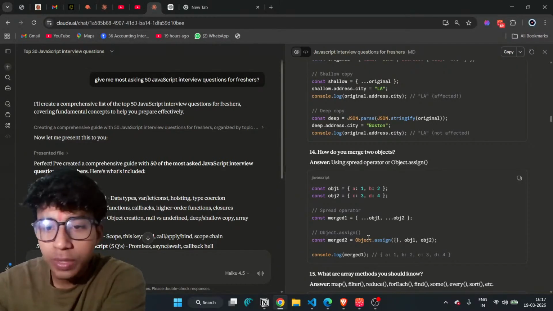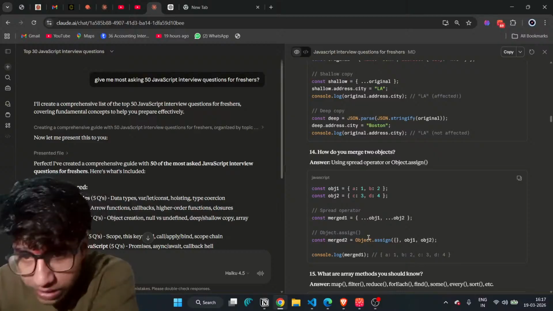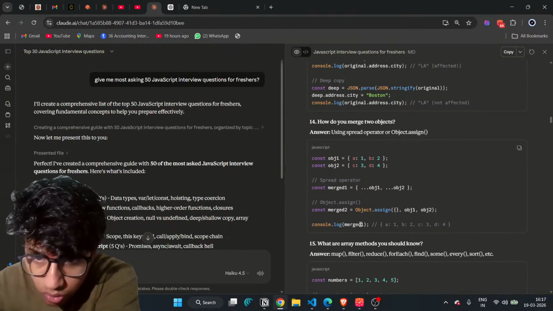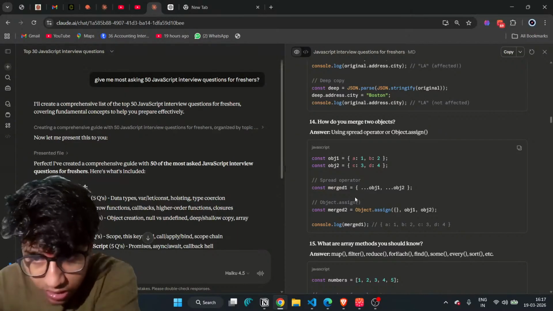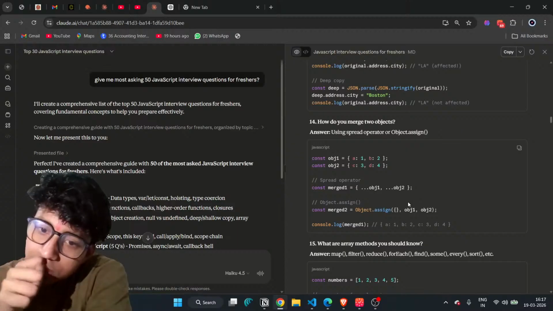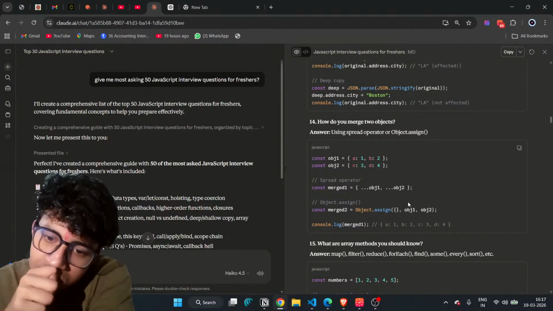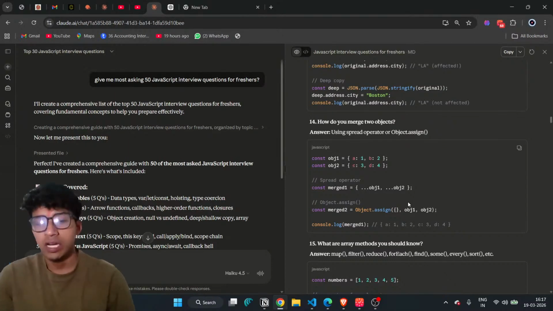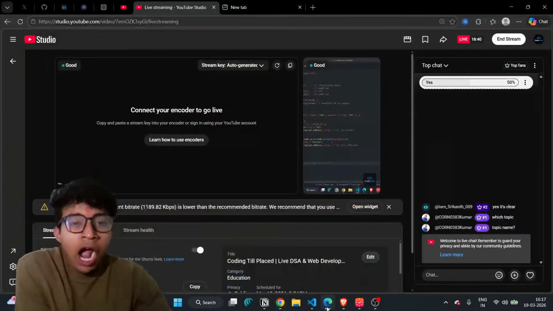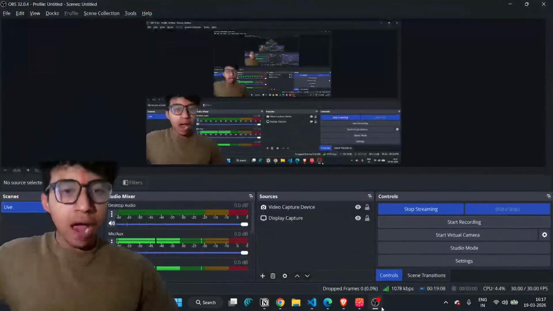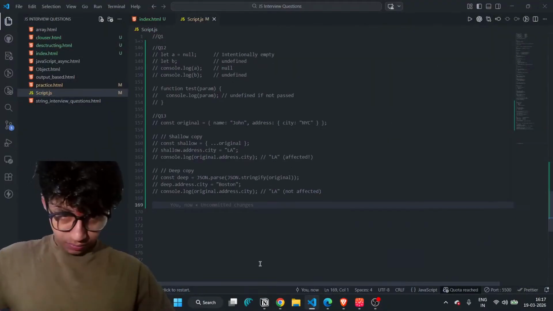Answer: using spread operator or Object.assign. ठीक है, spread operator and merge, and Object.assign, and it's an empty object. ठीक है, ऑब्जेक्ट को मर्ज करने के लिए we have to merge the object.